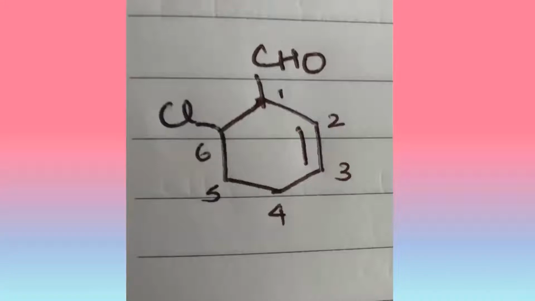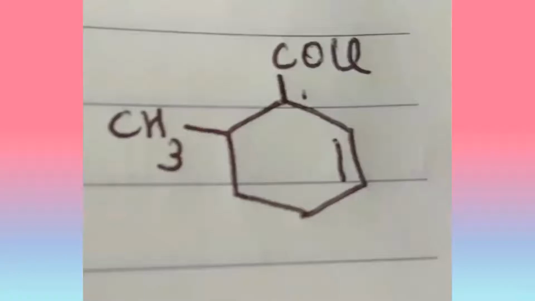So naming is done in such a manner that the substituents that have more priority, that are attached to the carbon here, get the least number. That is, the carbon that has the higher priority group gets the least number. Since aldehyde is the highest priority one here, it gets the number 1, that's the least, and next comes the double bond, which gets the number 2, and the chlorine is present on the sixth carbon because it has the least priority. And when we go in order naming it, this is the order that we get.